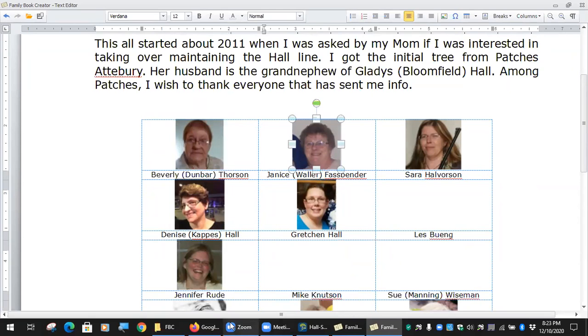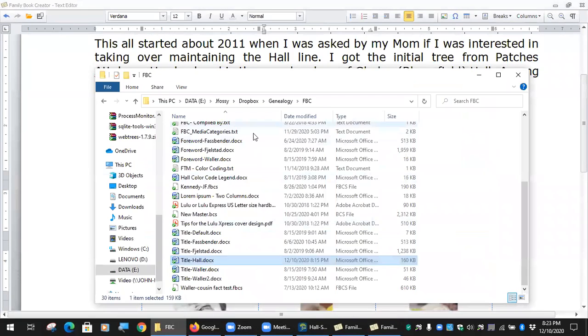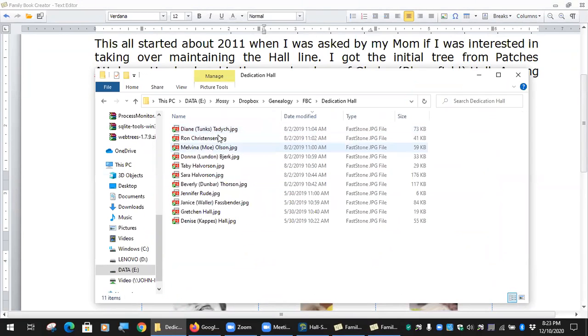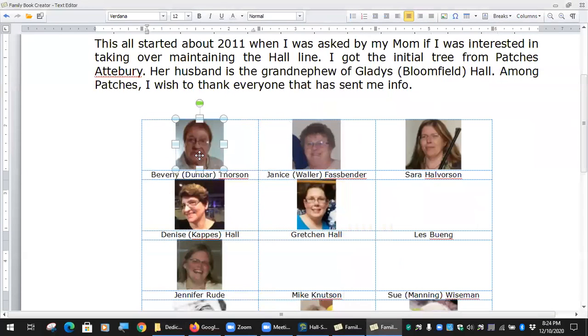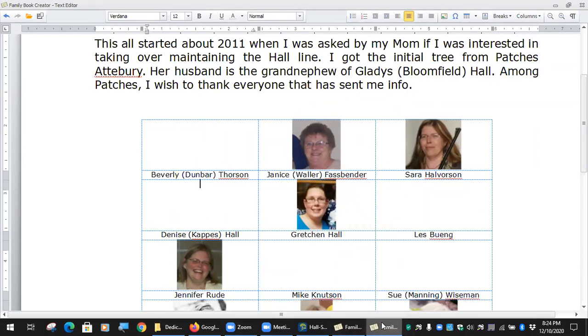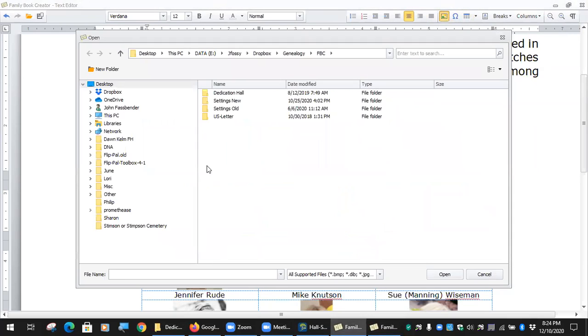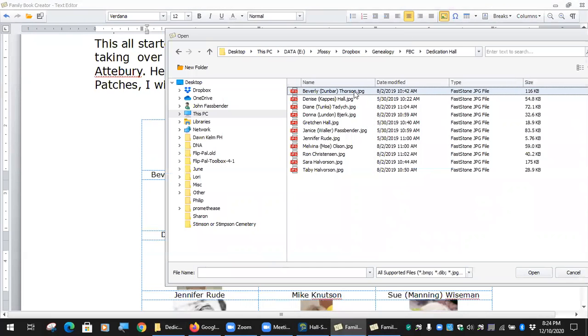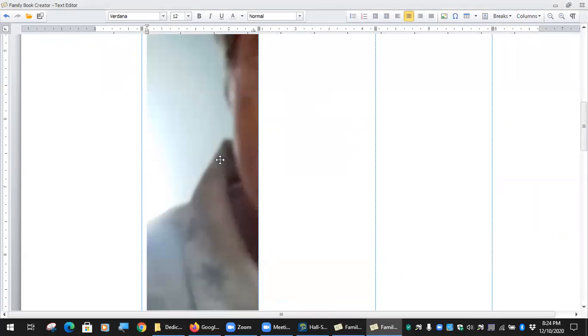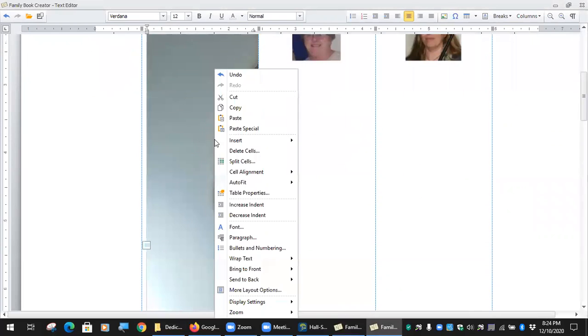And then for these headshots, when I start putting them in, I find it's just better to have all the snapshots in one place. And this was the same thing, insert a picture. And this was the dedication hall. So the first one was Bev. Okay, then likewise, it goes real big. But then you can